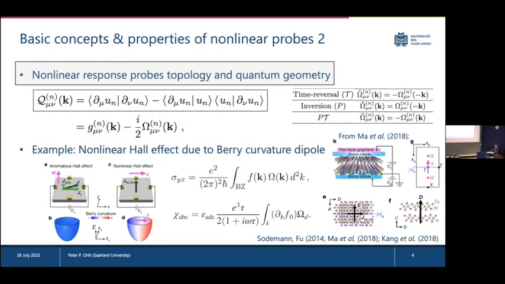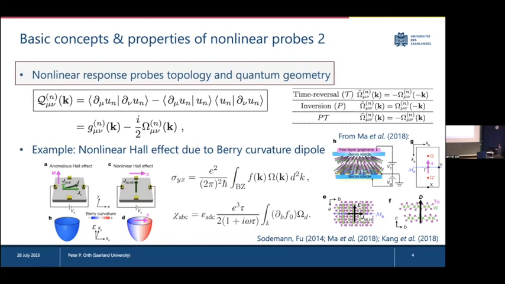Another basic property is that nonlinear response probes the topology and the quantum geometry of materials, and these are properties that we're very interested in. And they probe these properties beyond the linear regime. So they give you sometimes more information about, say, the distribution of the Berry curvature or the distribution of the quantum geometry, the quantum metric in the Brillouin zone, that the linear response may be agnostic to. And an example is the